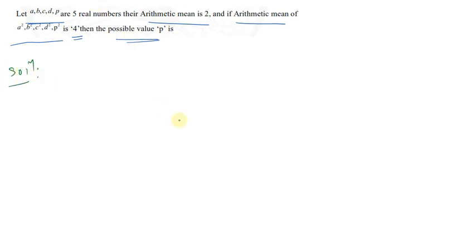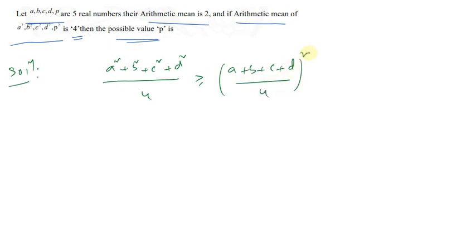So here also let me apply a square, b square, c square, d square, and a, b, c, d. Let me apply the weighted arithmetic mean inequality once again. So a square plus b square plus c square plus d square, let me apply for these 4 numbers only. Why? Because you have to calculate the value of p, so that's why I just avoided this p. If you want to calculate d, you have to avoid d in that way. (a square plus b square plus c square plus d square) by 4 is greater than or equal to ((a plus b plus c plus d) by 4) whole square.